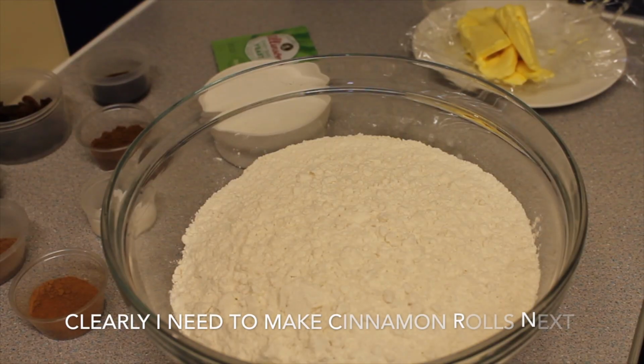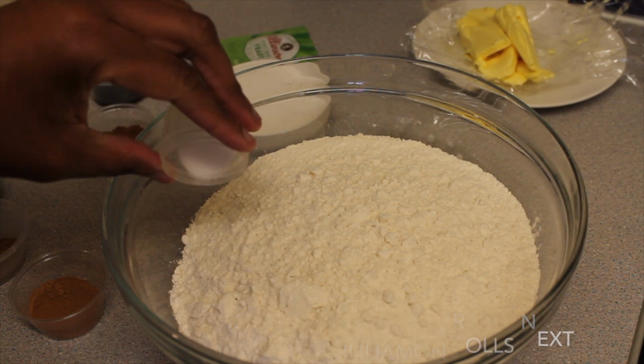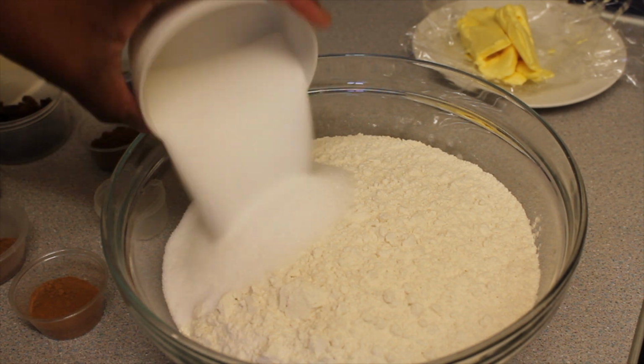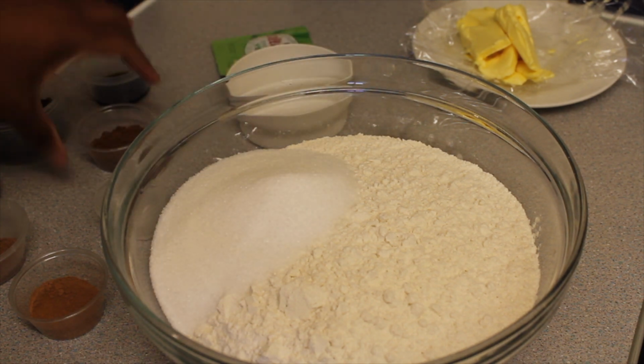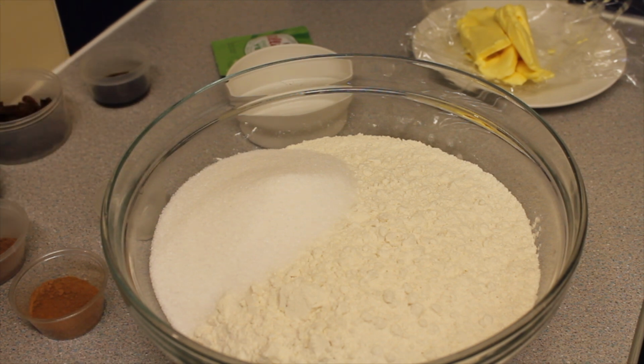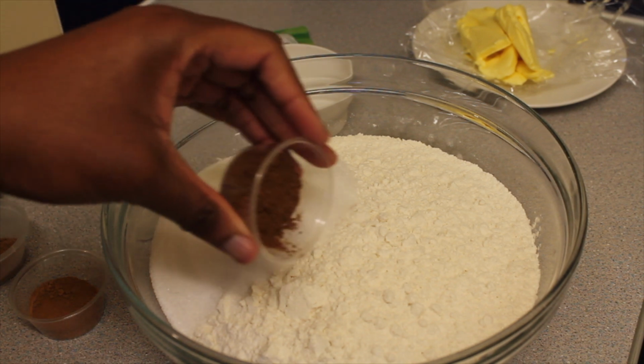So for mixing our cross buns, we're going to add all of the dry ingredients in. So in goes the salt, the sugar. I know the sugar may seem like a lot, but if I decide to eat my cross buns without any cheese or anything else, I can still enjoy it and there's a lot of flavor to it. Mixed spice,